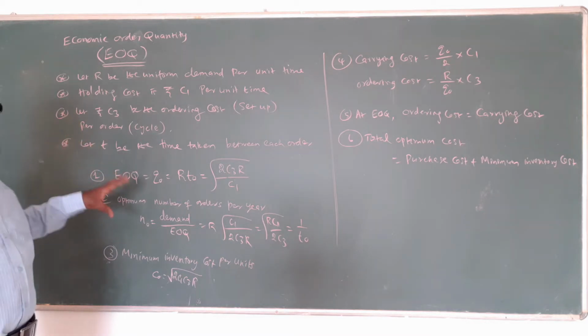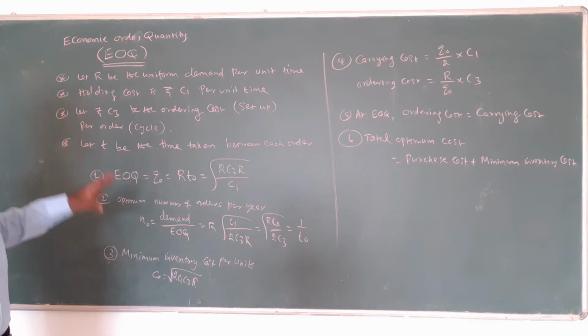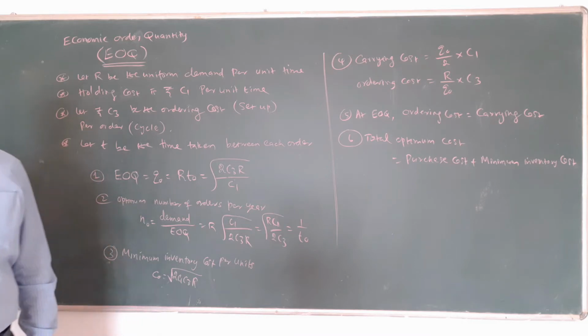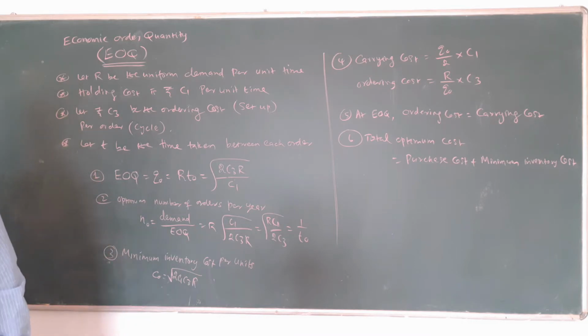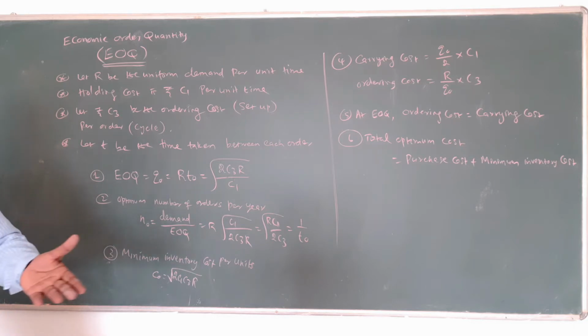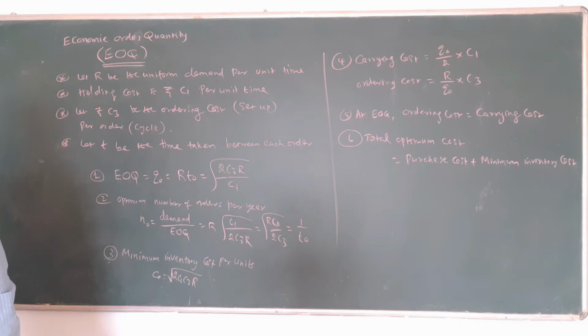By using this idea there is only one exercise. You must have all the formulas. Then write the formula clearly, then get the values from the question, C1, C3, and substitute all the values. Using the calculator, do the calculation, and after simplification you get the answer. That's a very simple concept. First you must study all the formulas clearly, then you get the answer easily. That's all.